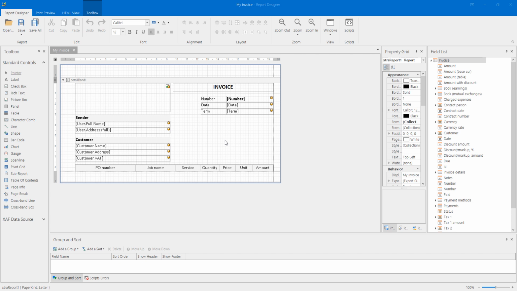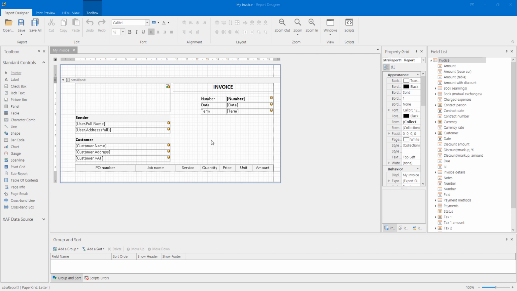formatting rules. So we already have a detail band which is printed as many times as the number of invoices selected in the invoice list before clicking the print button. Now we have to add another detail band which will be printed as many times as the number of rows